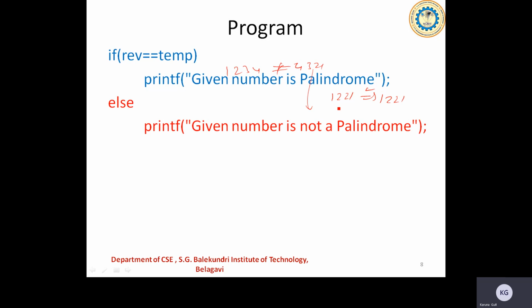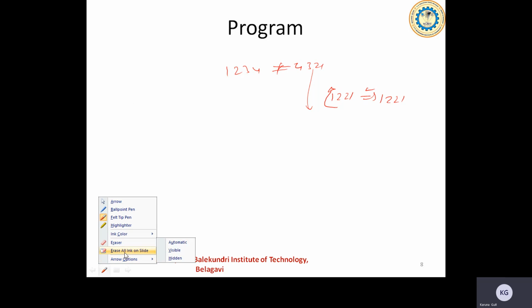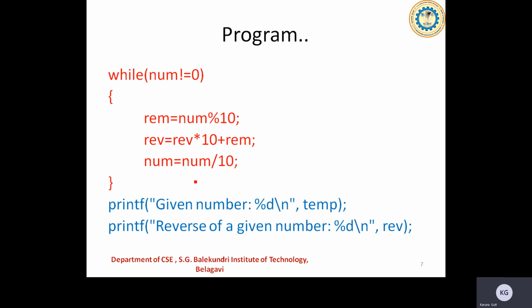Both are equal here. So in that case, I'll say it's a palindrome, right? This is how it's going to work, right? Okay, so now because I have used the int main there, I'll be using a return 0 as the end statement of the program there. Then I'll be closing the main brace there. Right. Okay, so before I conclude, I would like to take one simple example to show the working of this particular program.